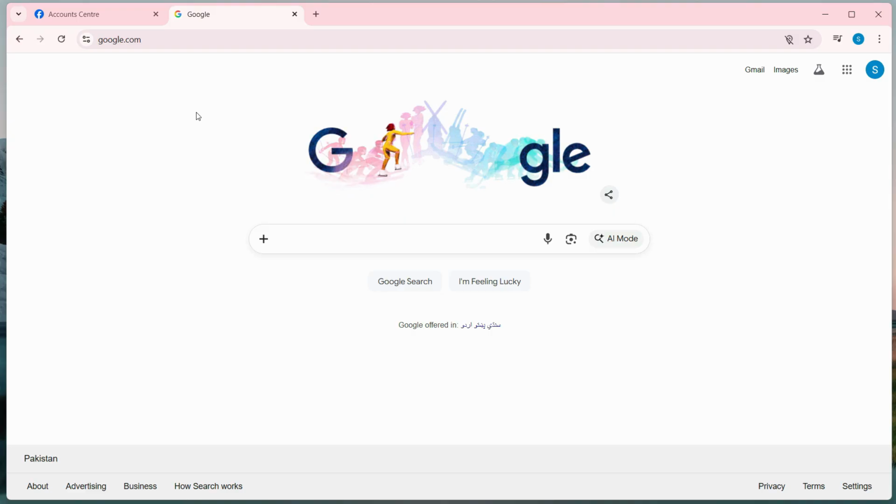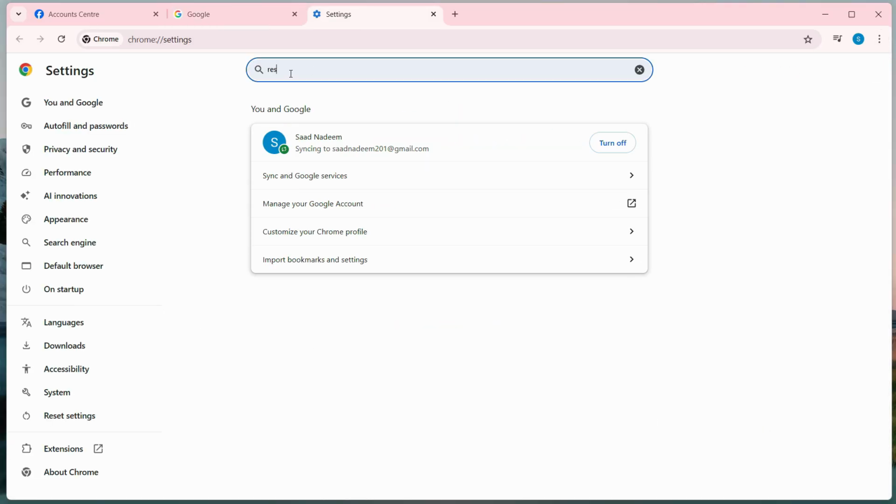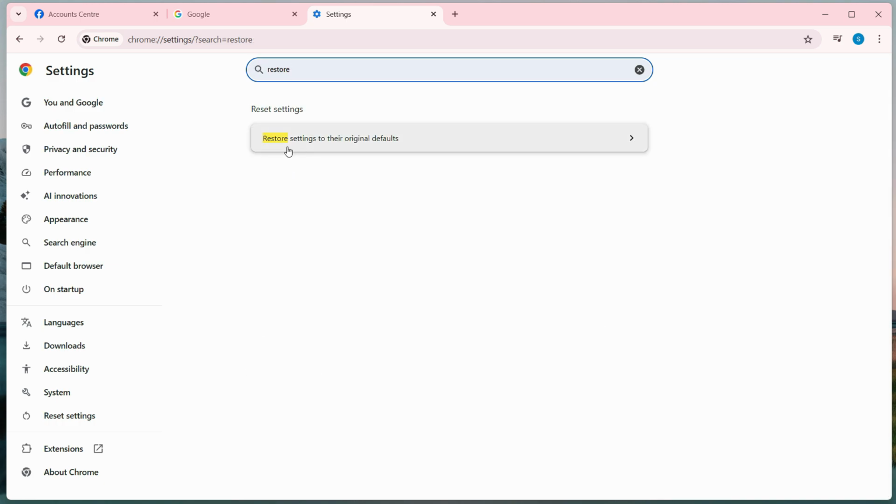First of all, just open any of your favorite browsers. I'm using Google Chrome, which is the most popular one. And from here, just click on the three dots on the top right-hand corner and choose Settings at the bottom. Once we're in here, you just write here "restore," hit enter, and it will show you